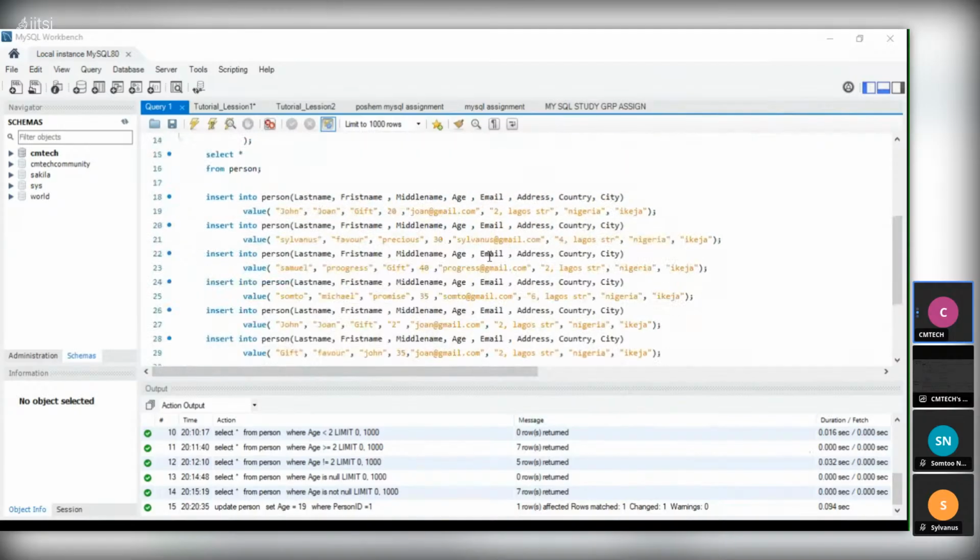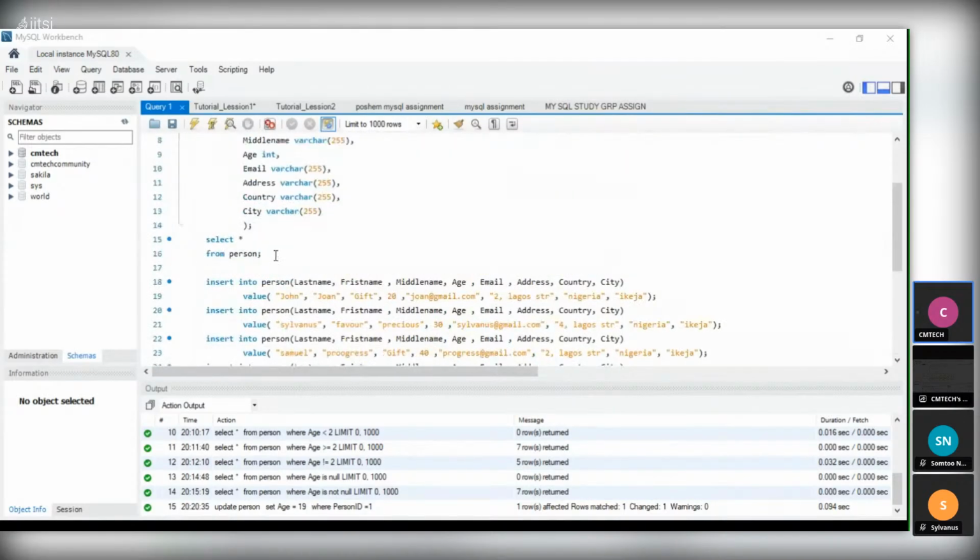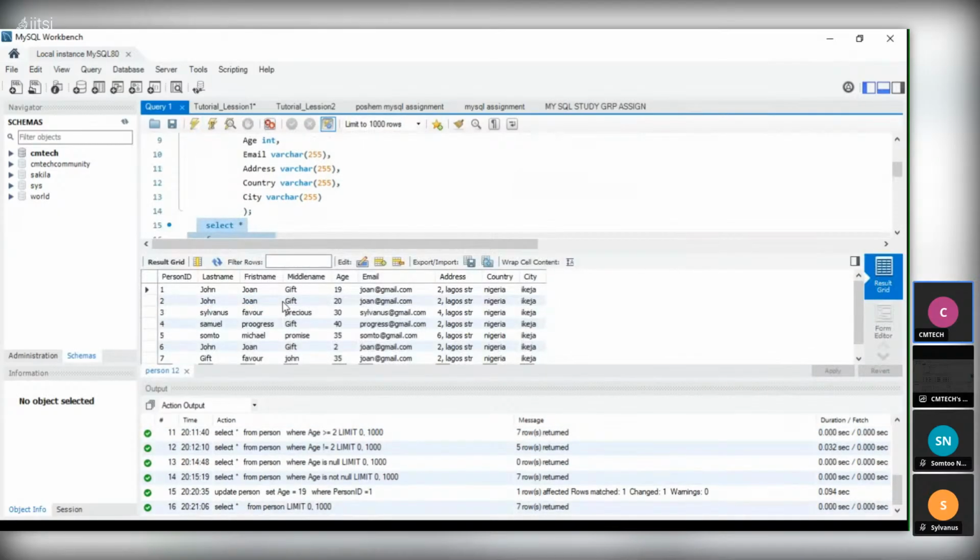So let's see our table. Automatically 9 has been changed to 19 in ID 1, right?